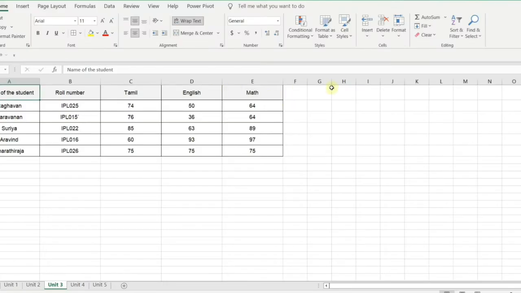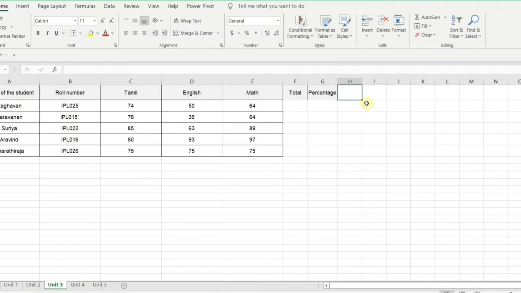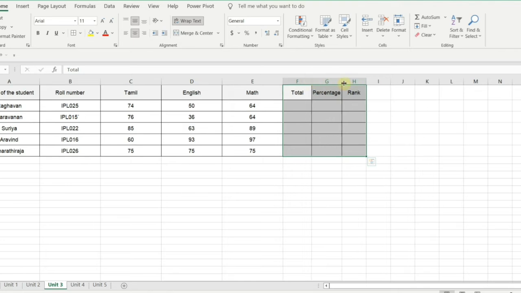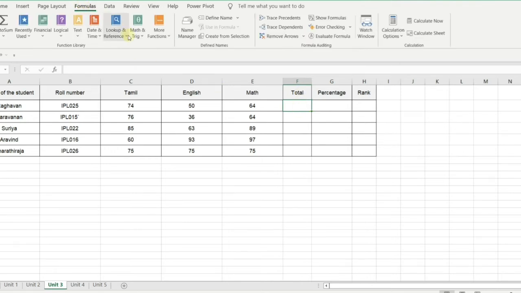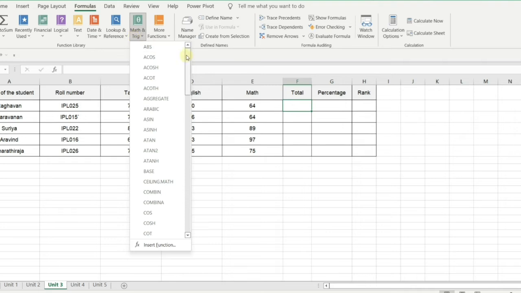We have the same data here. So again, total. We have to click total. Now we are requested to make percentage, and then rank. Okay, fine. So this is in the normal case. If you want to replicate the same kind of outlook, you have to go to something additional. You don't have to do it, but if you want it, you can use that. So I'm going to repeat whatever we have done earlier for the total. Go to formulas, math and trigonometry, search for sum and click that.